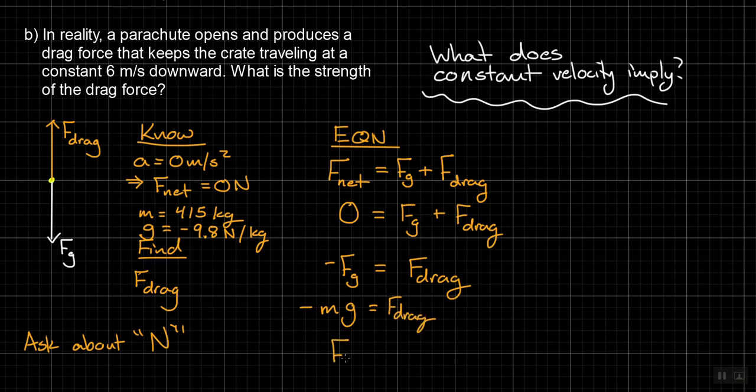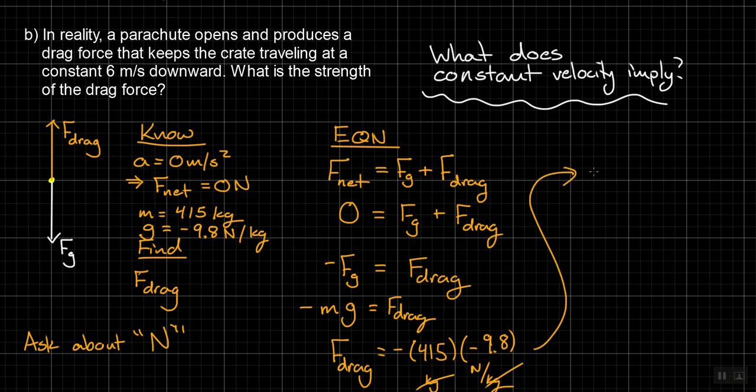And then I'm going to swap these around. F drag then. It's negative, what's our mass? .415, and that's kilograms. And negative 9.8 newtons per kilogram. What happens with the kilograms in these units? They gone. Gosh, we're left with newtons, which is a force. I don't know the number, but 415 times 9.8 is going to give us